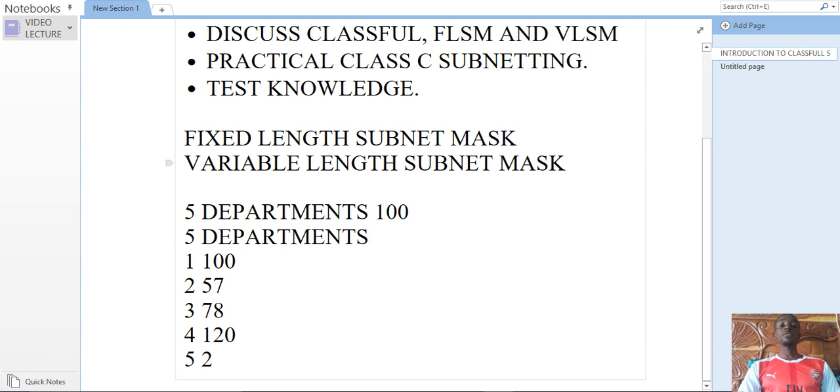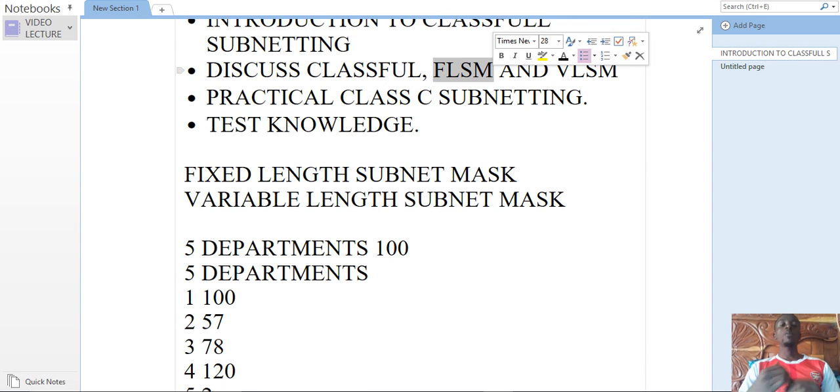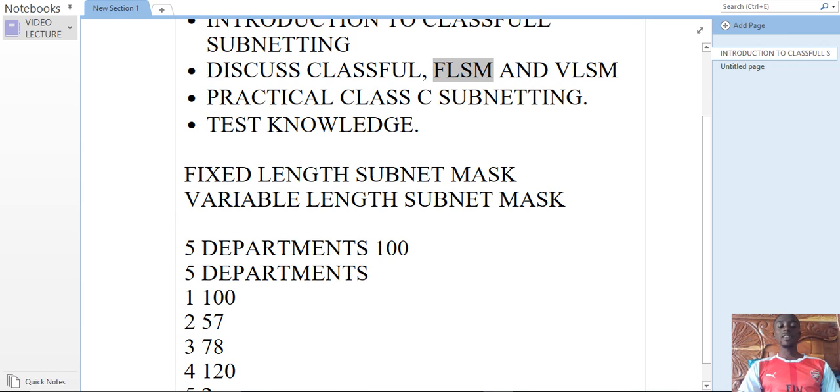I just want you to understand the difference between these. With classful, it means you are dealing with their normal class CIDRs, that is prefix 8, 16, and 24. With FLSM, it means you're dealing with a particular class, but the CIDR has changed to accommodate room. Because if, for instance, you have a class C address,